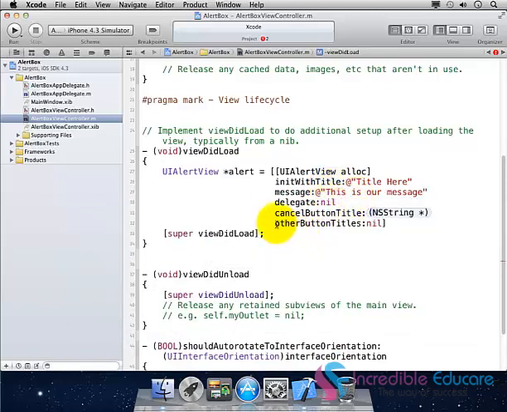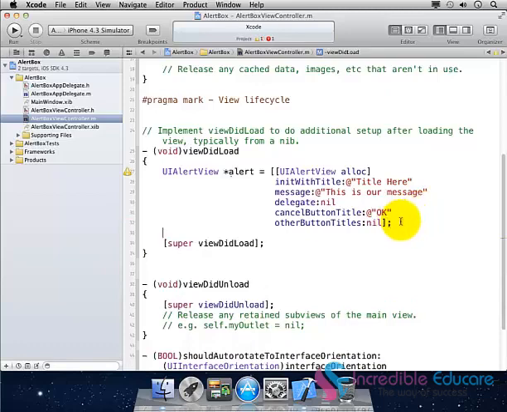Just as we did with otherButtonTitles nil, we'll make the delegate nil as well, and the cancelButtonTitle will be OK. Here a semicolon. So we have actually defined an object,